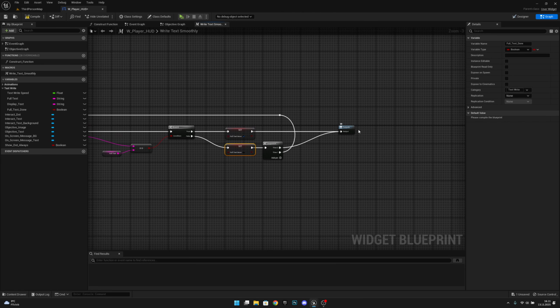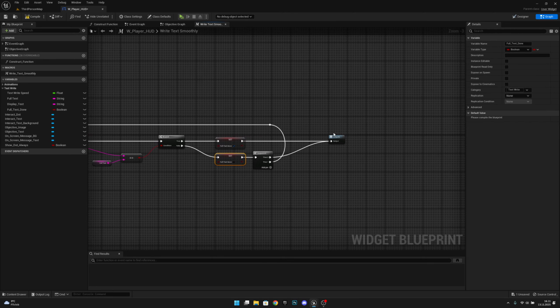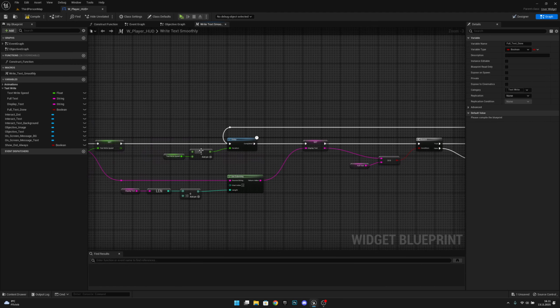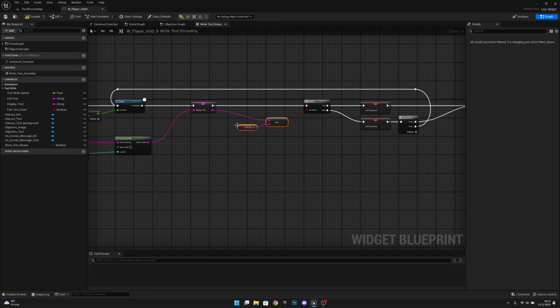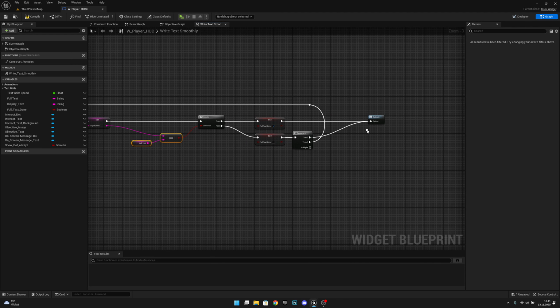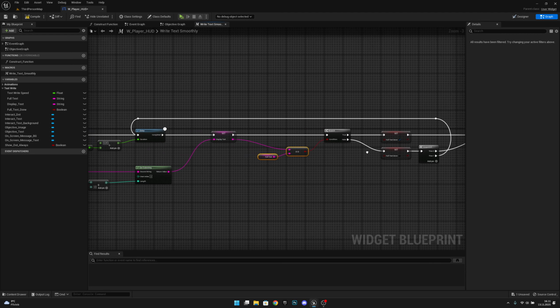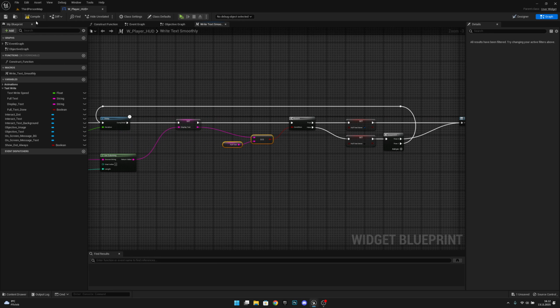We will output that thing, because on the event we will basically just set the text to some specific text thing here. Okay, and then we will do this again, add one letter, do the same thing, and when it's same as full text, we will say full text done, and we will end this event macro basically. Okay, now compile, let's save all. So the next thing that we have to do is,